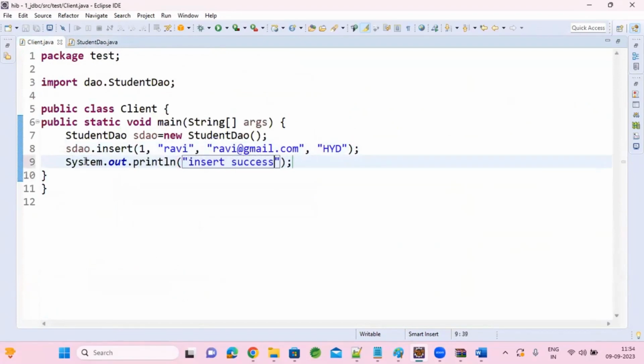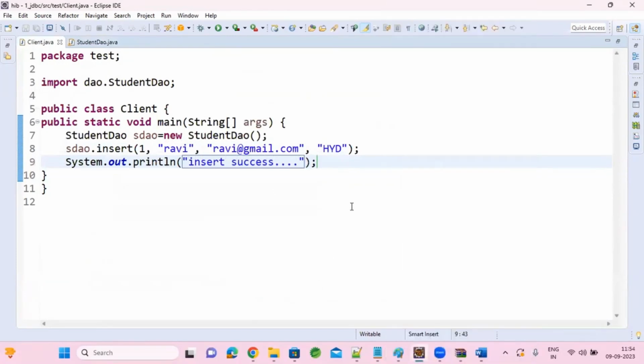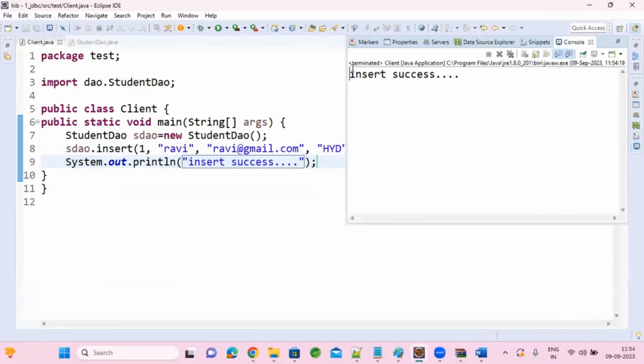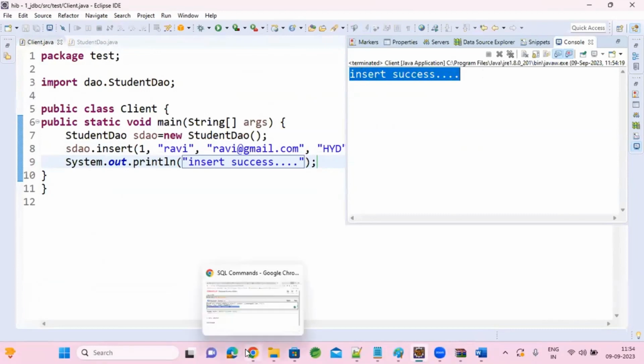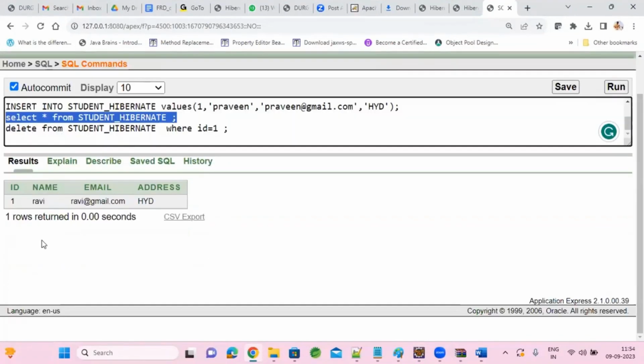Insert success. So I can see insert success, no exceptions. So your data must be inserted here. The record Ravi must be inserted here. Yes,